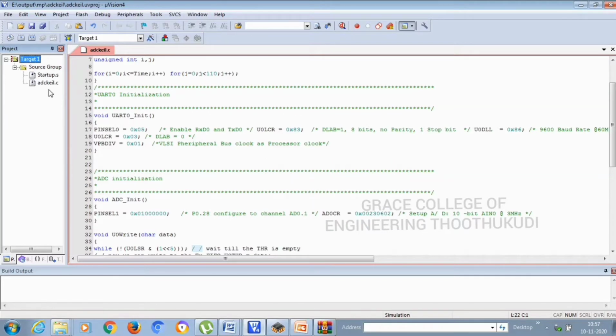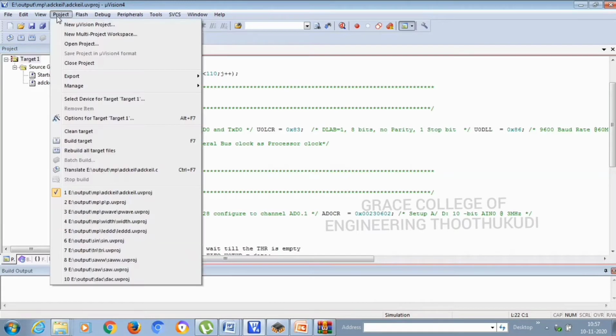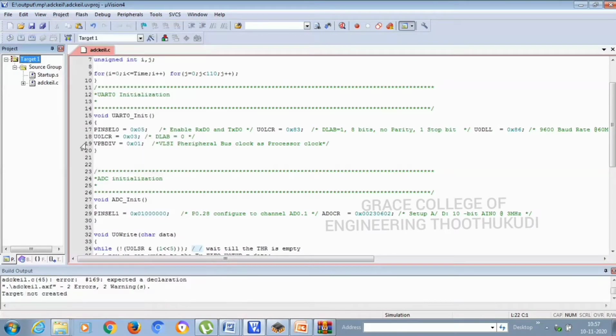Now you expand and can see ADC Keil.c, and now you can view the output by compilation. In Project you have to give Build Target, then if there is some error it will show a message, you can rectify the error and then compile once again.